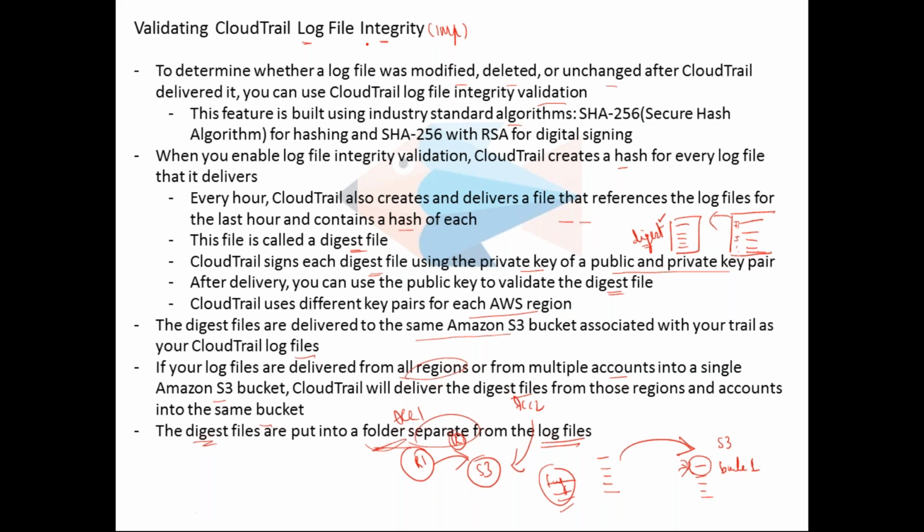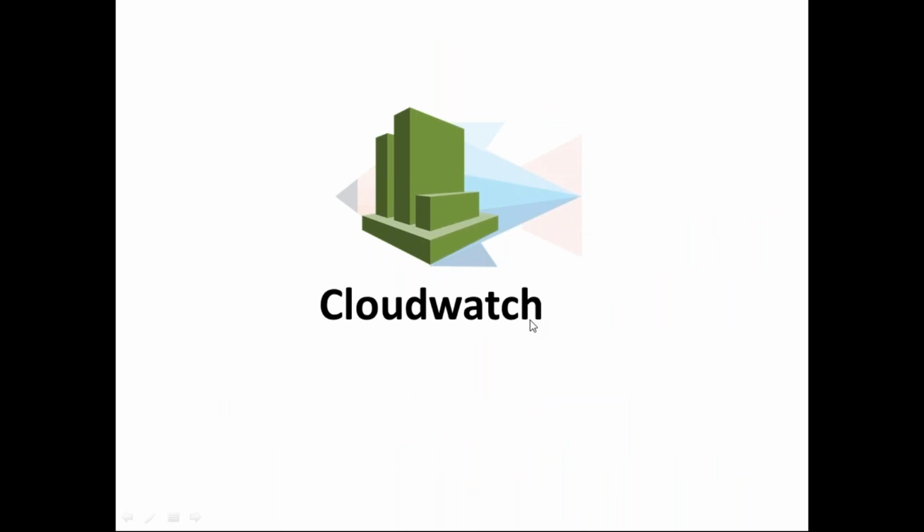Once we are done with CloudWatch, we have a quiz, so you will get a 2-day gap. Better you revise it and come back because you have to answer the quiz also. If you don't have any questions, we'll end the call. Bye bye.